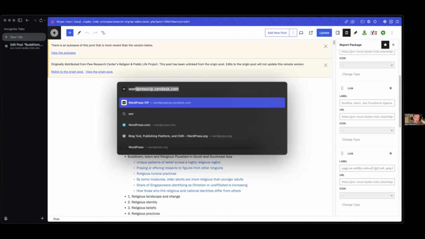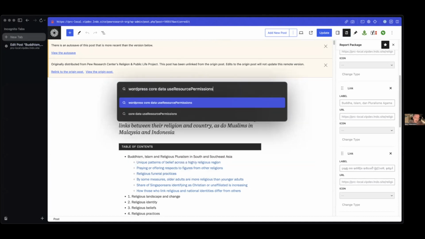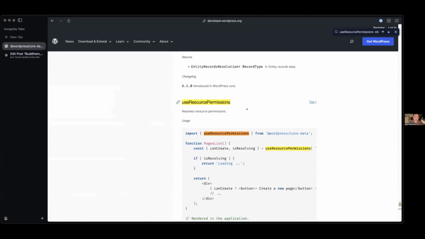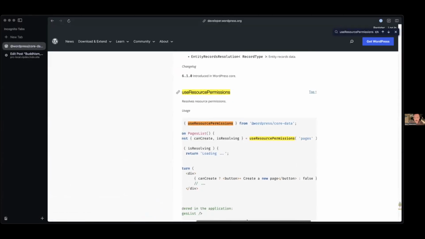This is just a simple flag that is enabled by another WordPress core data hook called useResourcePermissions. It's pretty easy to use. It works a lot like the other hooks that I showed you. You tell it what the content type is, in this case, a post type. For their example, it's pages. And for us, it was block area. There's an additional property you can pass, which is an ID. So you can say, does this person have